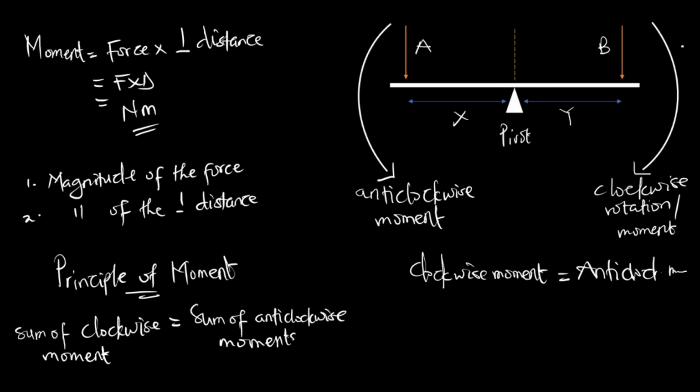Our clockwise moment in this example is the product of the force B and the distance Y, because if we look at how the force is acting downwards and then the distance, we can see that it is moving in the clockwise direction. So our clockwise moment is